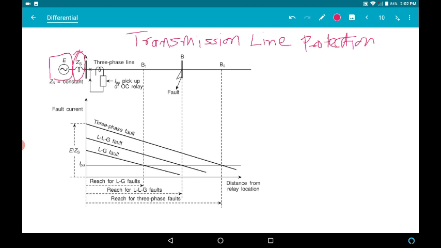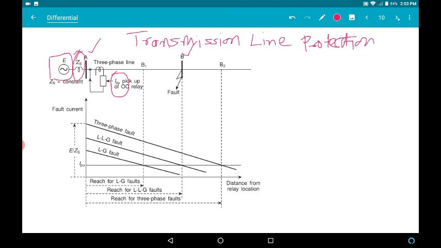Now there is a three-phase transmission line which is going from bus A to bus B, and we are supposed to protect till point B, from point A to point B, by an overcurrent relay whose pickup value is IPU. That means if there is a fault between point A and point B, then our overcurrent relay should pick up and should detect the fault and